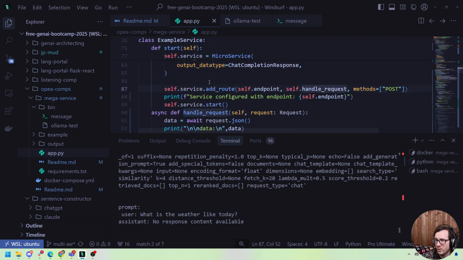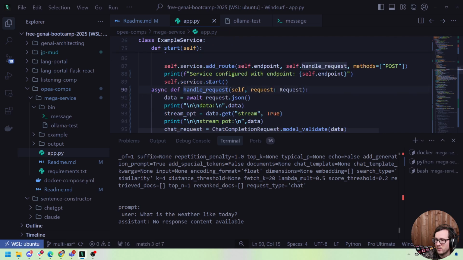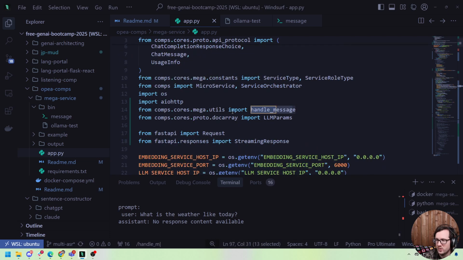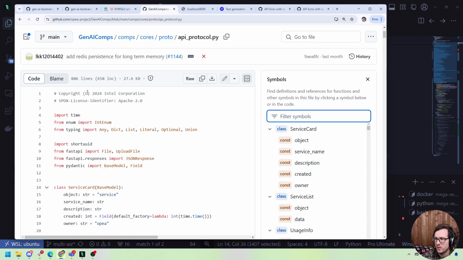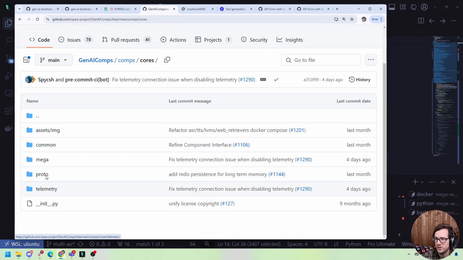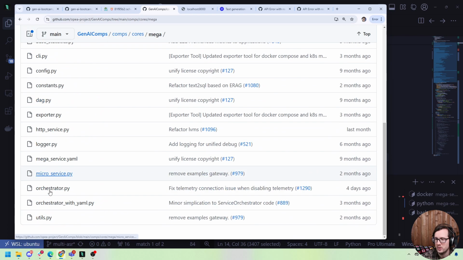Handle request. Oh yeah, it's right here. Handle request. Oh, but that's not the one we're worried about. It's handle message, right? Where does handle message come from? Handle message, mega utils. So we go back over to here, into cores, into mega utils,